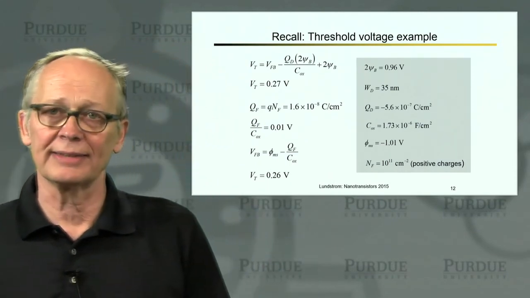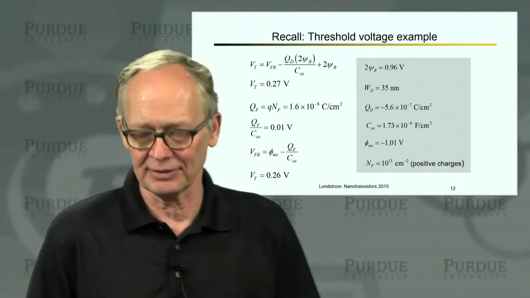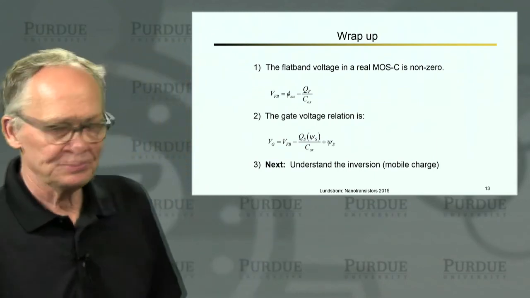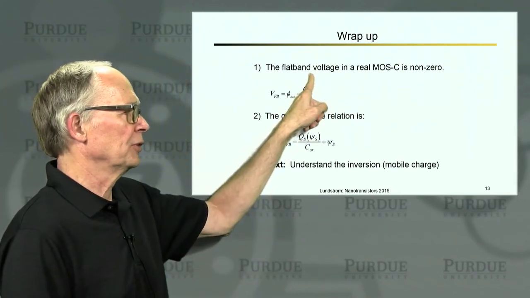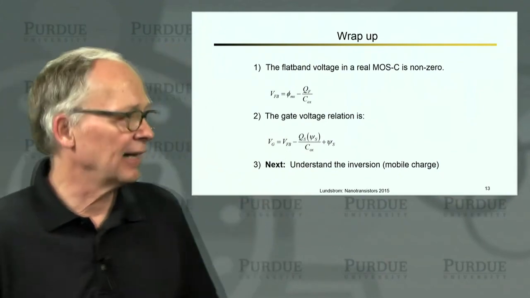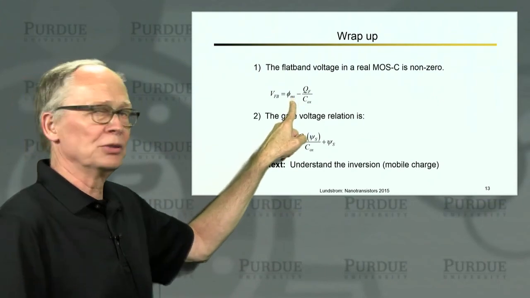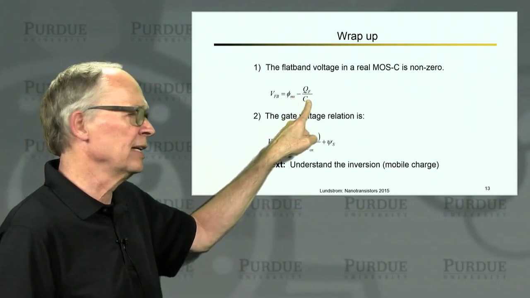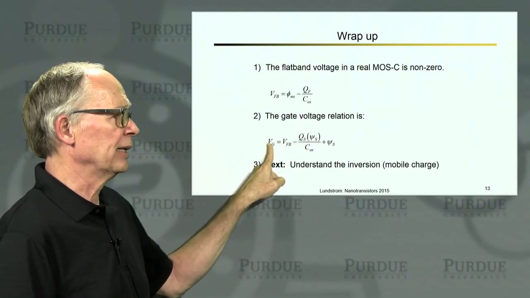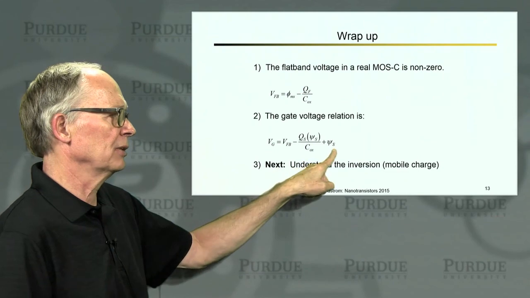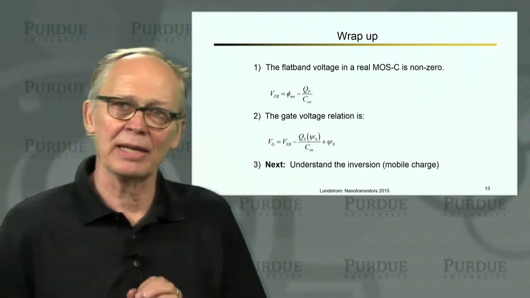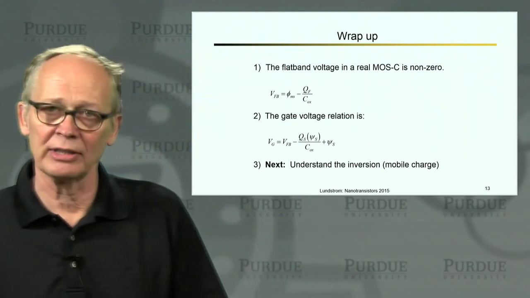But you should be aware that it's there in case you're working with some non-ideal system for which that might be important. Okay, so just to wrap up, we have a simple relation with a flatband voltage. In the ideal case, it's zero. In the real case, it's non-zero, and it consists of a part due to the metal semiconductor work function difference and a part due to charge at the oxide silicon interface. The relation between gate voltage and surface potential is given by this relation. We simply need to add in the flatband voltage, the real flatband voltage, whatever it is,